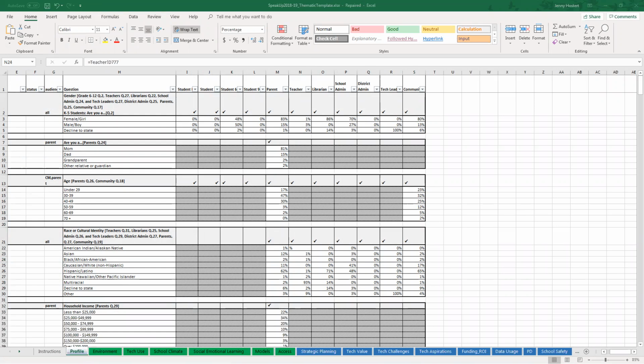So for our main themes, we have profile, and environment, which is in green. For environment, we have sub-themes of tech use, school climate, social emotional learning, models, and access. In light blue, we have strategic planning. This includes sub-themes of tech value, tech challenges, tech aspirations, funding and return on investment, data usage, professional development, and